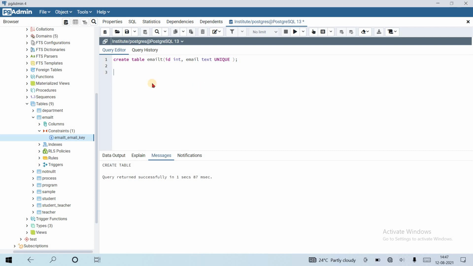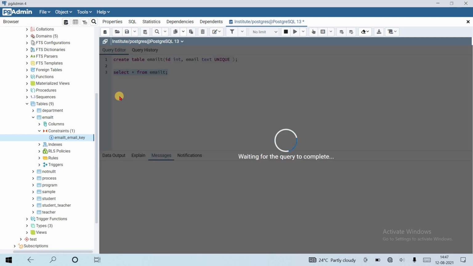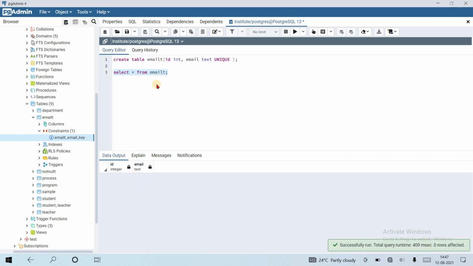Let's see with select star from email_t. Yes, it's showing me an email column. Let's insert some values.